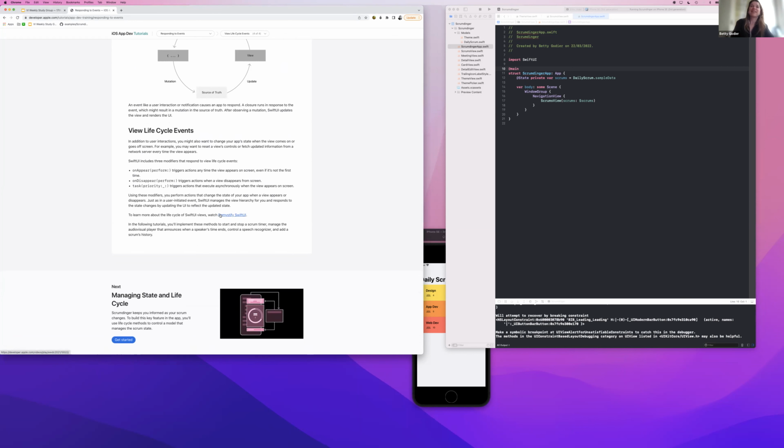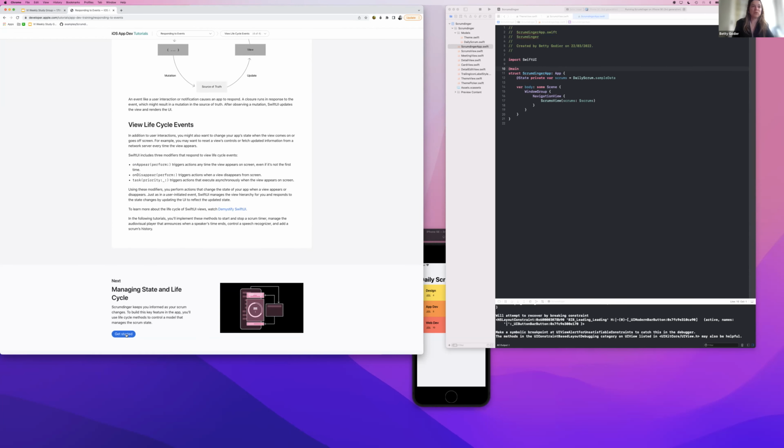SwiftUI manages a view hierarchy for you and responds to state changes by updating the view to reflect the updated state. It's the important difference between SwiftUI and UIKit. It's to understand that SwiftUI refreshes the view. And there is a tool that you can use to see how many times the views are refreshed, and that's amazing. Sometimes you have the feeling that it is too much, but it's the way SwiftUI works. So now,